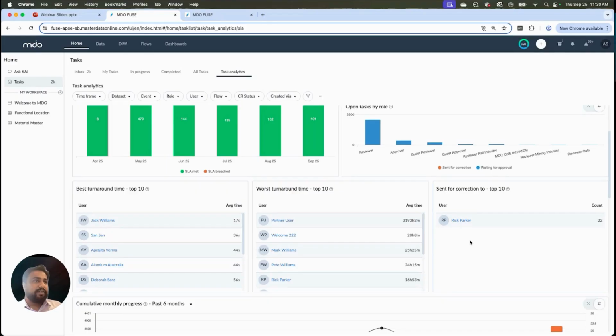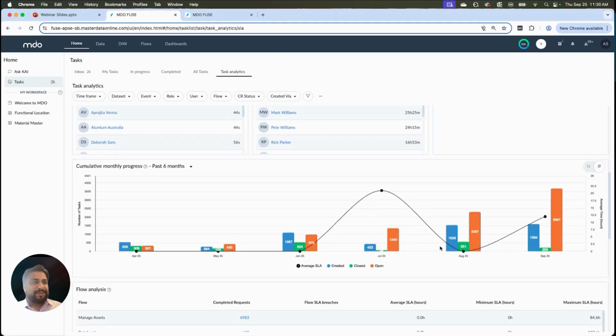I'll go into the detailed view as well and show you how you can apply the user level filters, or row level filters, to analyze from where the maximum number of records are sent for correction, basically, or have been rejected from a particular step. So we can identify in which particular flow more improvement is required, or whether some changes are required in this particular process or in a specific process or not. So that's what these three specific widgets help you with.